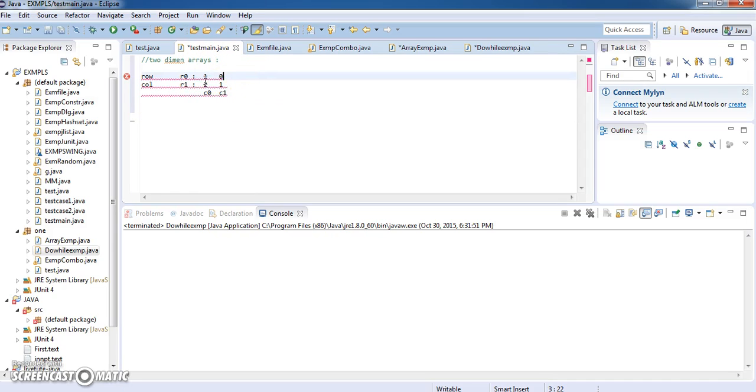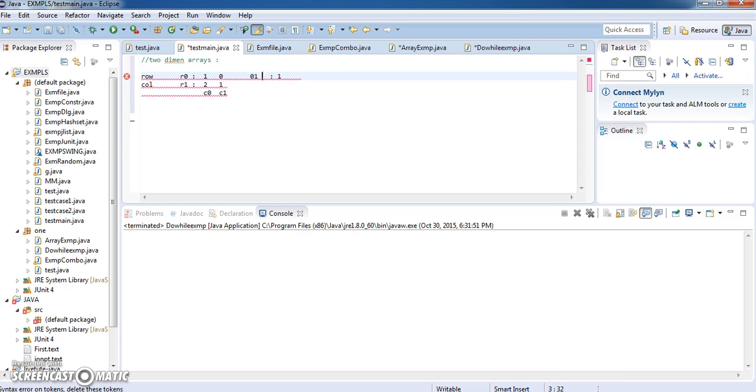Now how can I represent the array elements? If I want to represent the first element in the row, I have to represent it as the 0th row, first column. So the 0th row, first column element is 1.